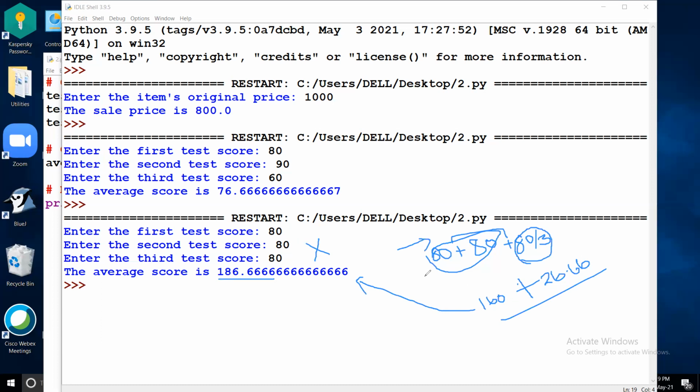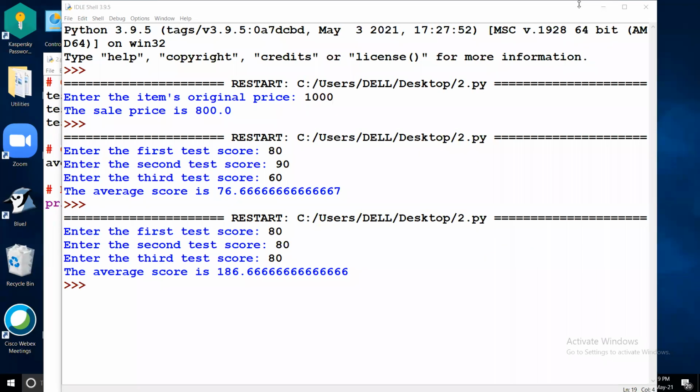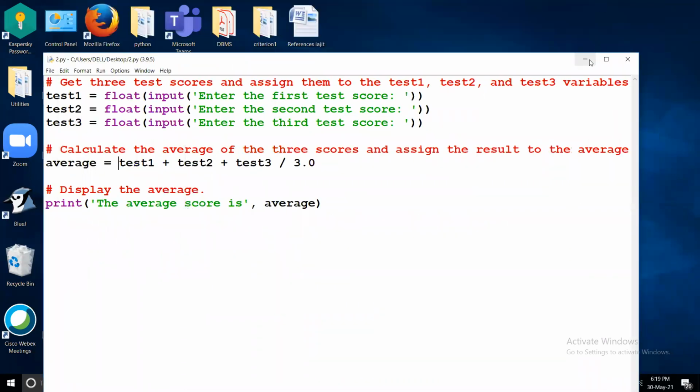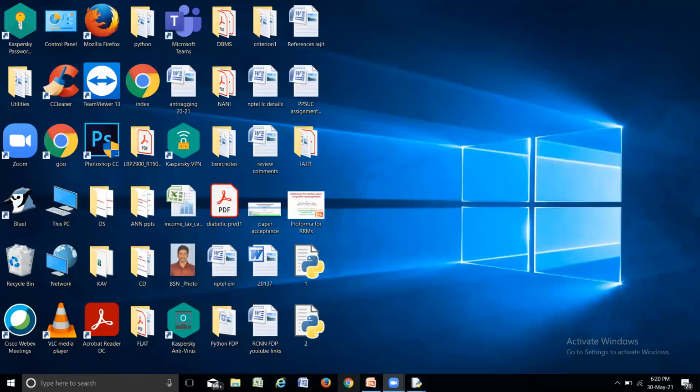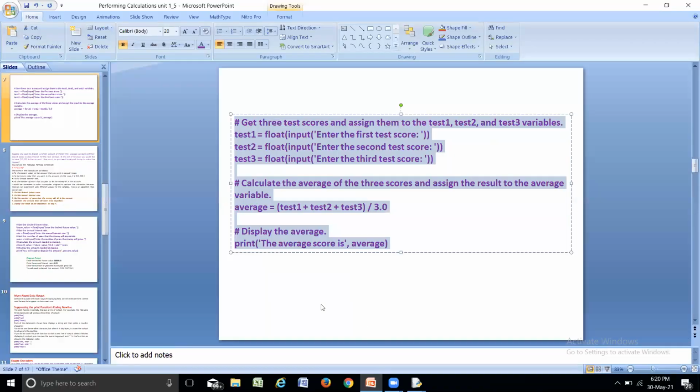So you need to be very careful while writing Python programs with the usage of these parentheses. Whenever you want to group the lower precedence operators into parentheses in such a way that they are performed first, you need to be very careful with the usage of these parentheses, right? Okay, so this is our example. Now let us continue the topic.